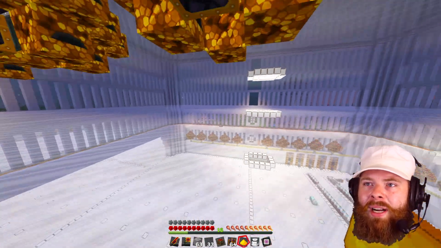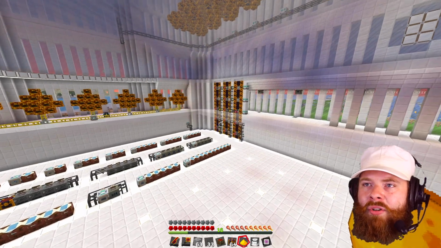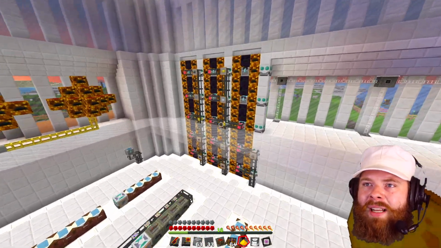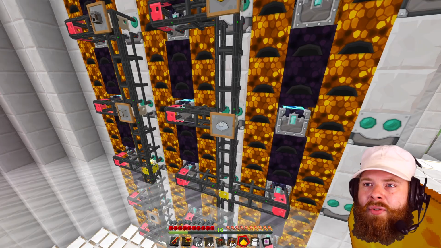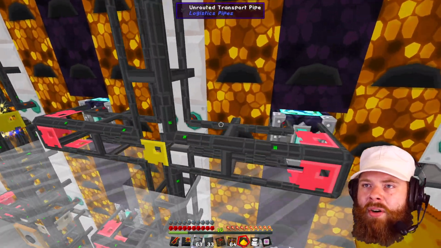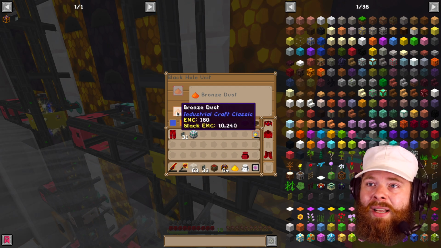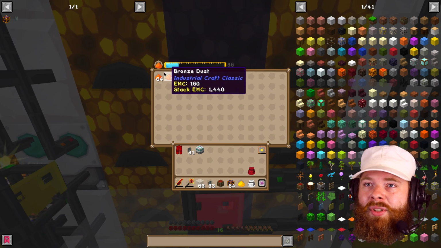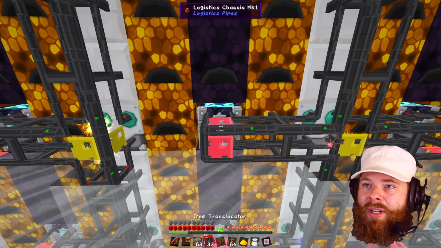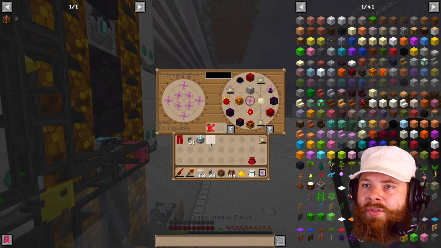I did realize that we're going to have to transfer all of these other ones up here and slowly empty them out so we can kind of merge them. So I think down here we still have gold, silver, and tin, copper, what are you? You are a slowly emptying bronze dust. Well, that has an EMC value, so I'm going to go ahead and say, well, we'll cut that out right now, and we can manually convert all of that into...